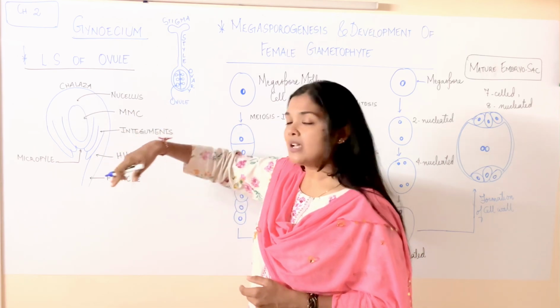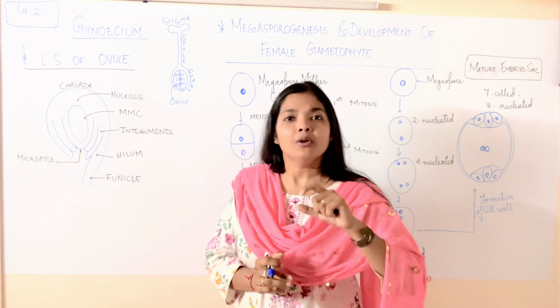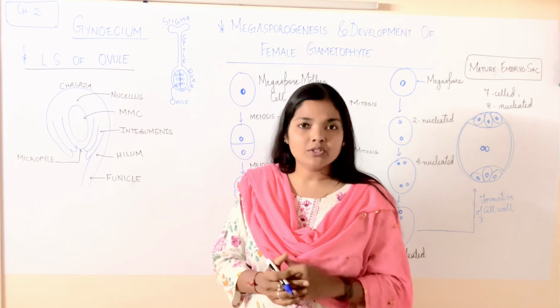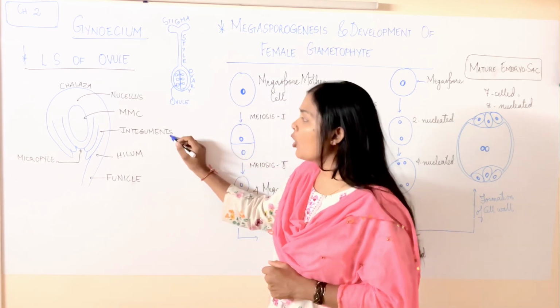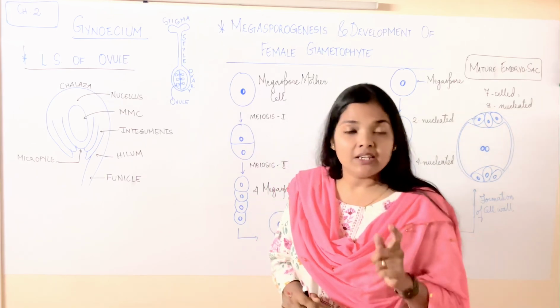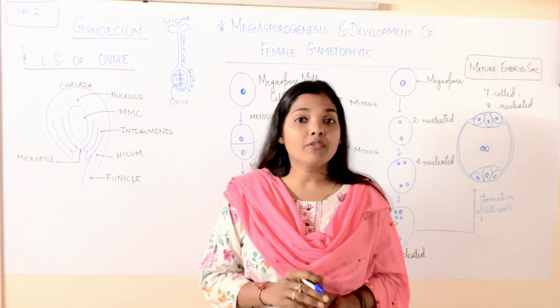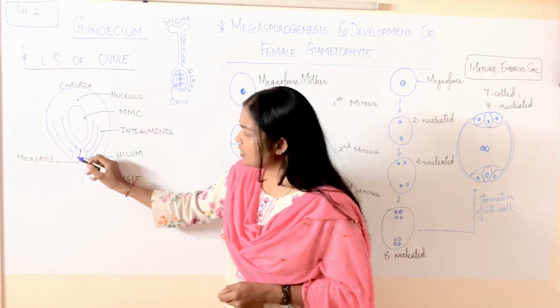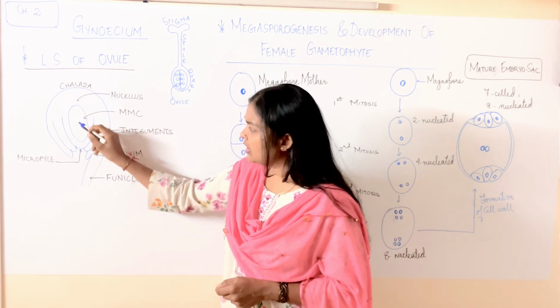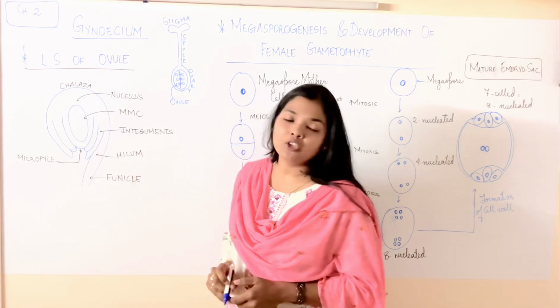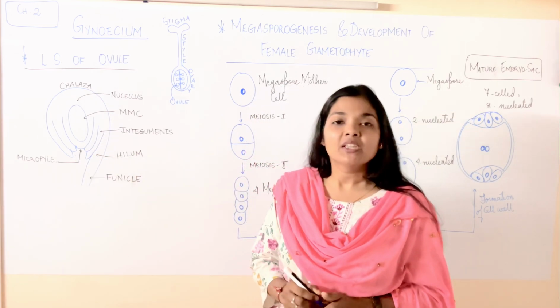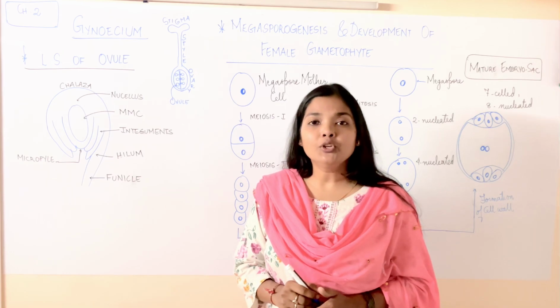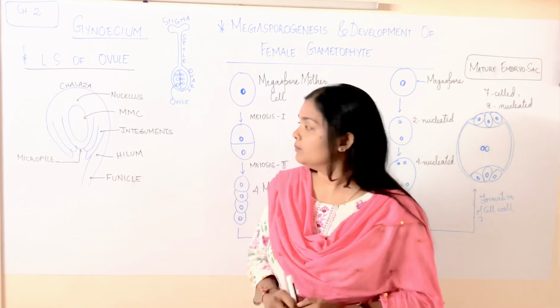The nucellus has a surrounding protective covering. Two layers of them could be observed here. They are called as the integuments. The integuments are those structures which after fertilization form the seed coat. The region right under the ovule where there is no integument is called as the micropyle. It is that region from where the pollen tube enters into the ovule.